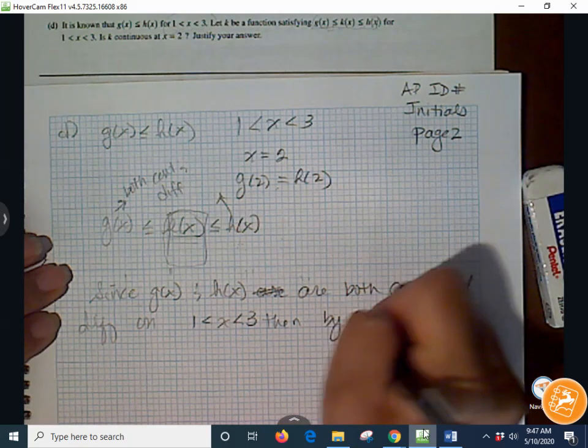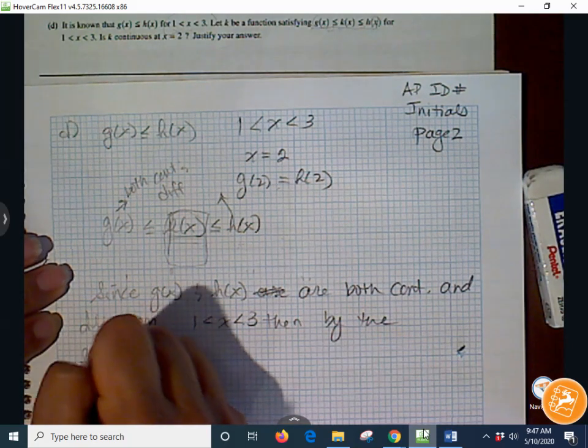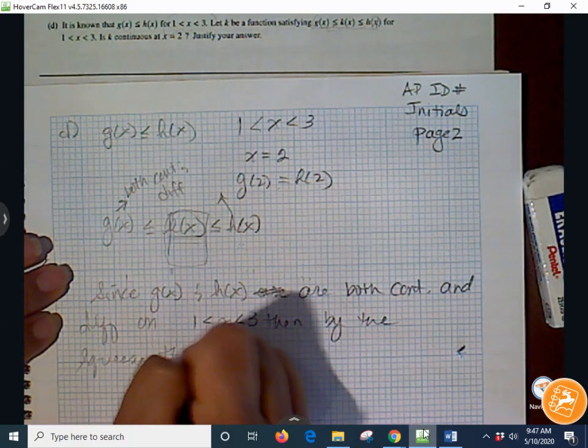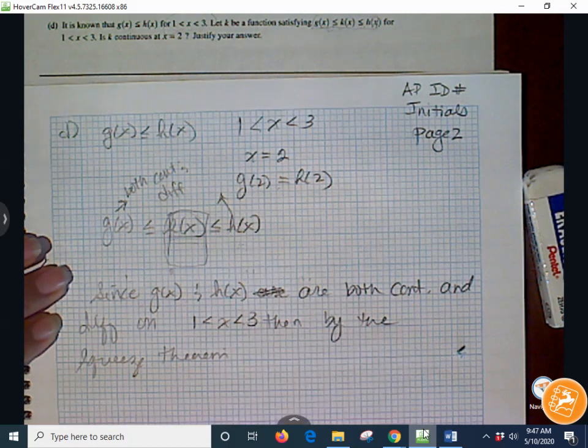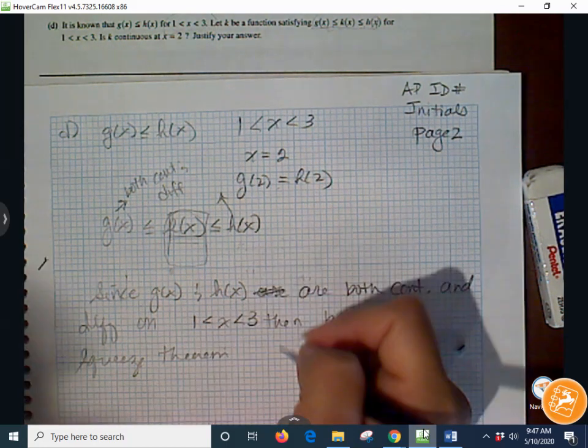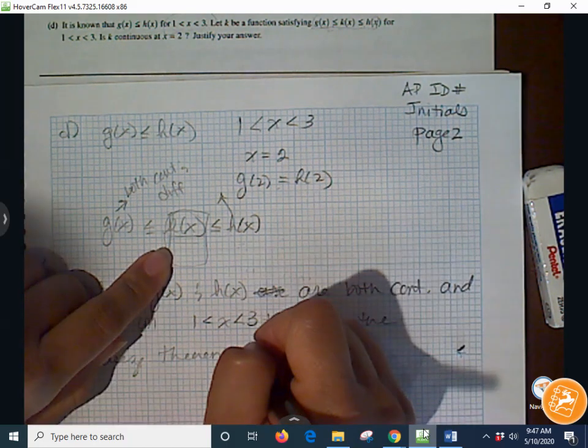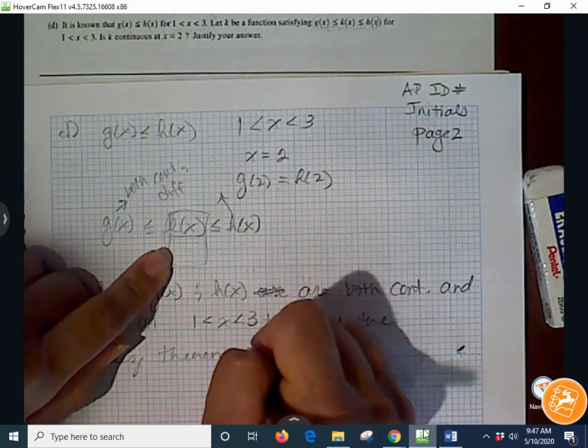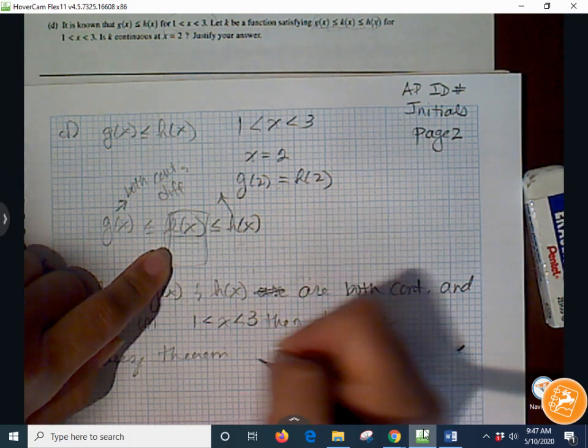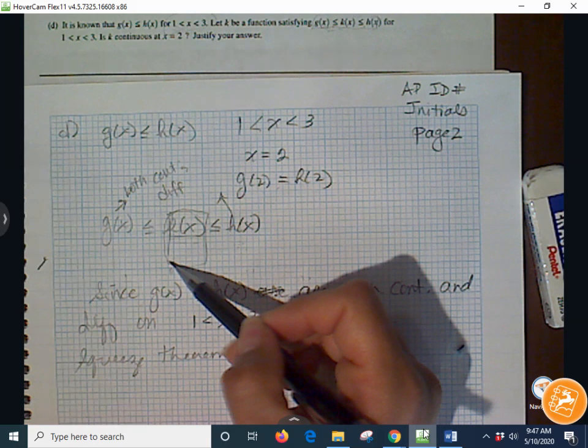Then by the squeeze theorem, I would say that then by the squeeze theorem,